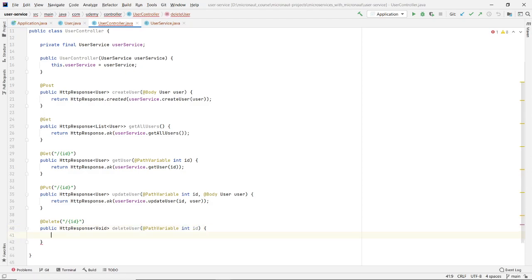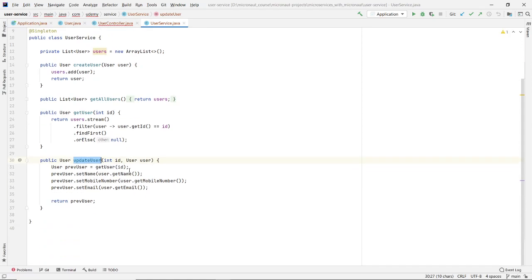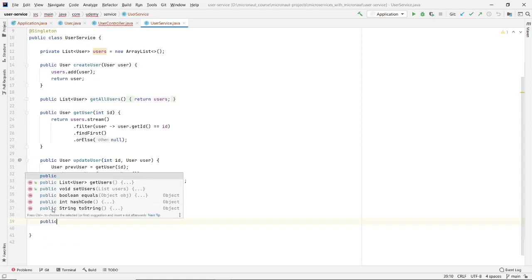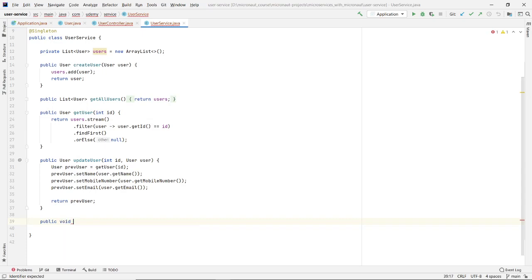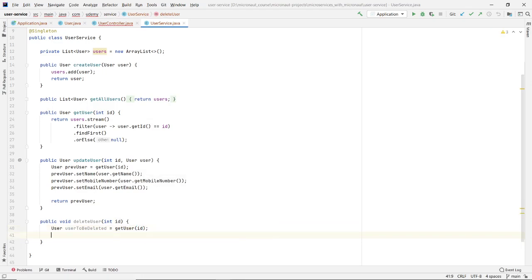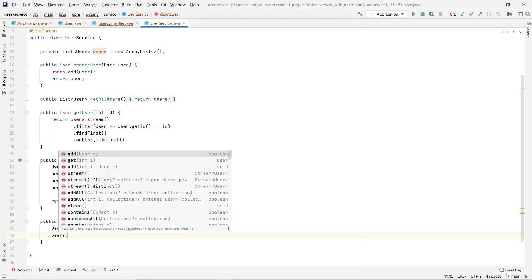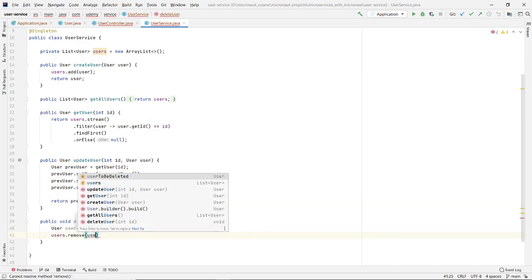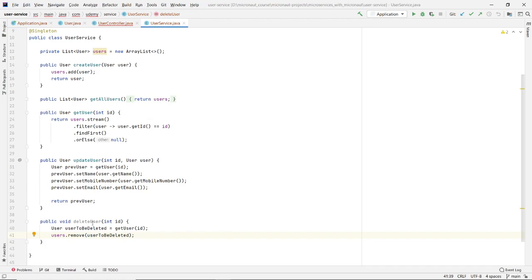This will be the ID of the user to be deleted, and let us create a method in the user service to delete user. Public void delete user. It will take ID. Let us get the user to be deleted, and we will call users dot remove, and we'll pass this user to be deleted, so that it will remove this user from our list of users.